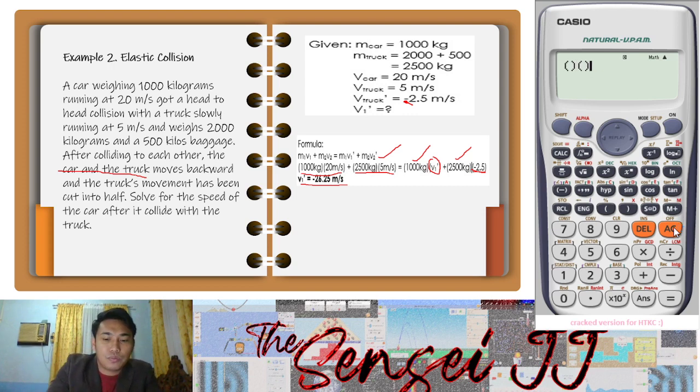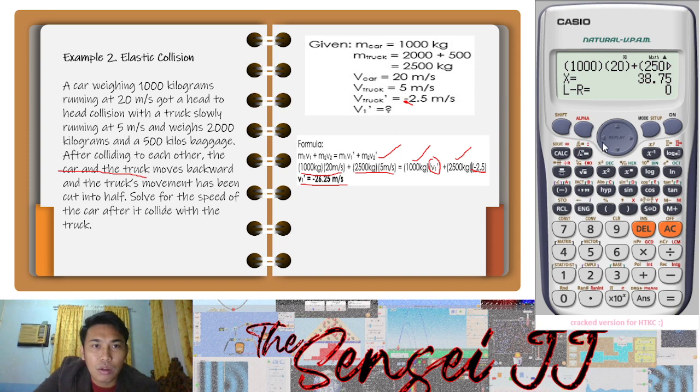Okay, so we have 1,000 multiplied by 20, and the addition of 2,500 and 5, which is equivalent to 1,000 multiplied by our unknown, and we have 2,500 for the truck and negative 2.5. So what will be the answer? The answer is